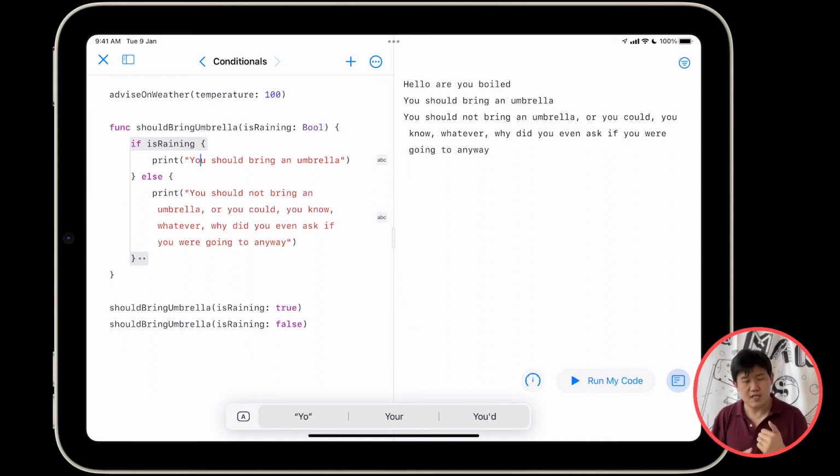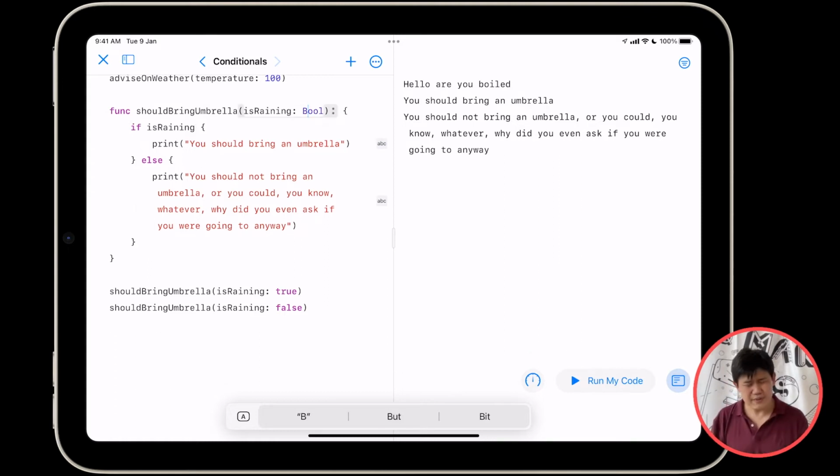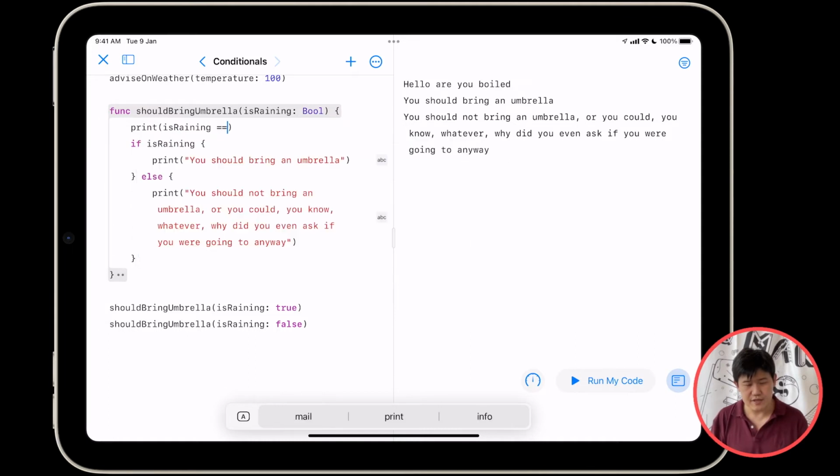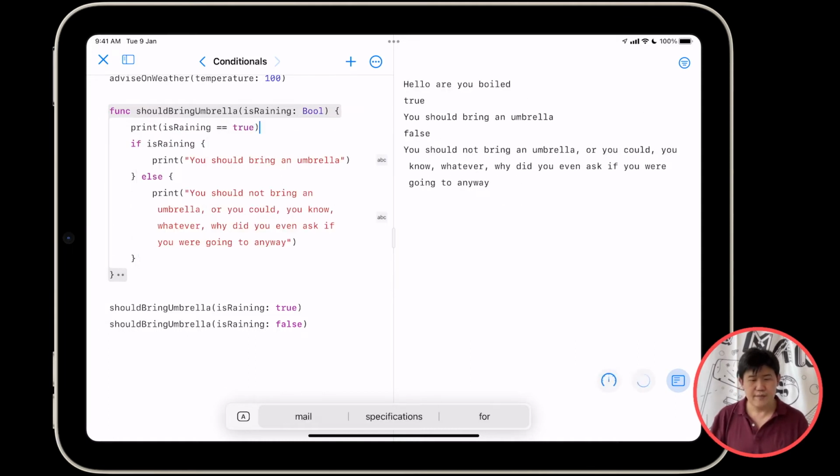If isRaining is true is the same as if isRaining. I'm just going to show you what I mean by printing it out. I'm going to say print isRaining equals true. And as you can see over here, when isRaining is true, isRaining equals true is true. When isRaining is false, isRaining equals true is false. That sentence, once again, made very little sense when I said it out, but I hope you get what I mean.